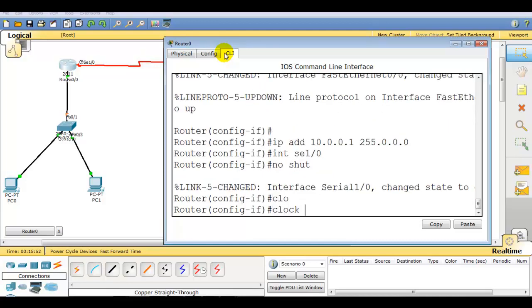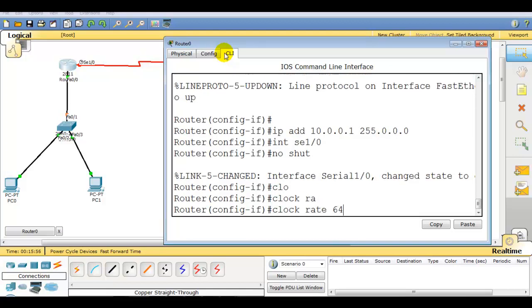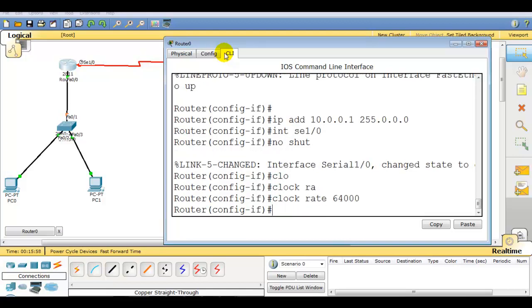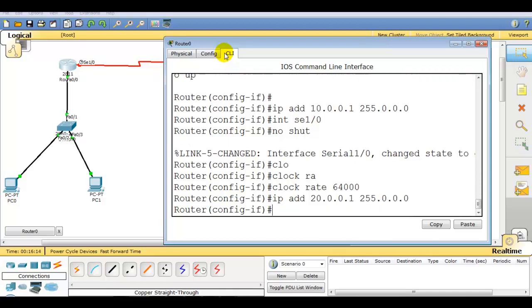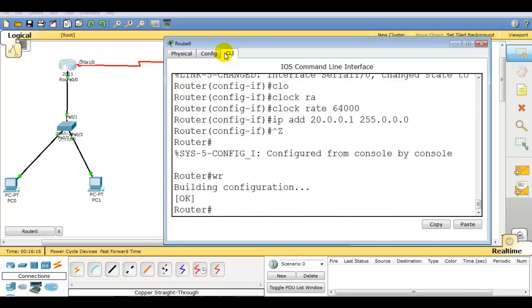As you can see, we are required to give the clock rate. I am giving 64,000 bits per second. Now let me give the IP address to this interface, 20.0.0.1, 255.0.0.0. Let me save the configuration.